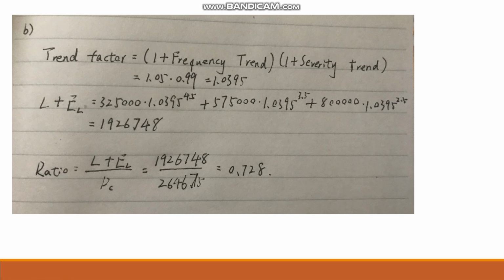1.05 and 0.99, and the trending factor is 1.0395. And to calculate the loss, we need to use the earned premium times the trending period. For example,